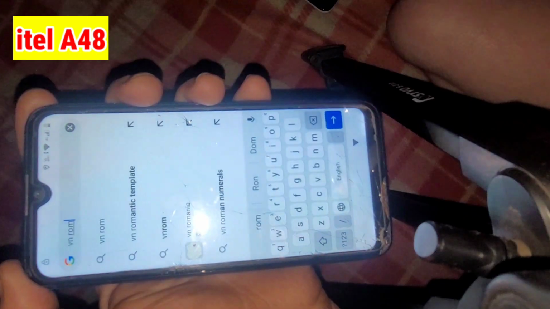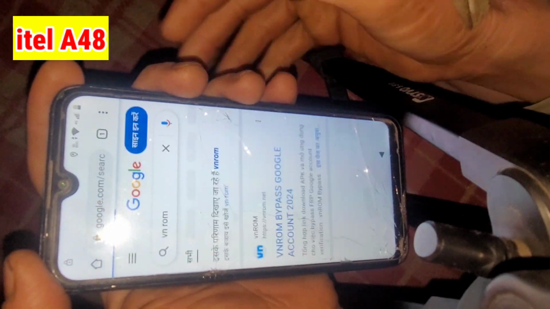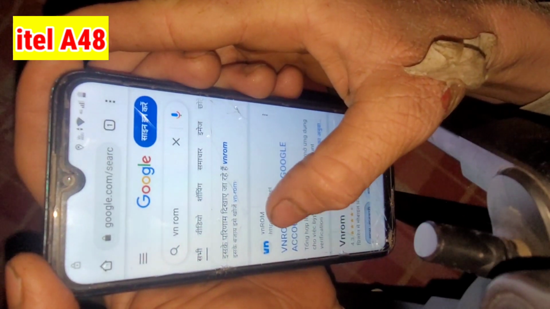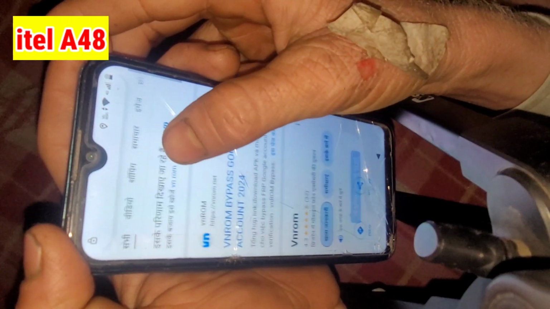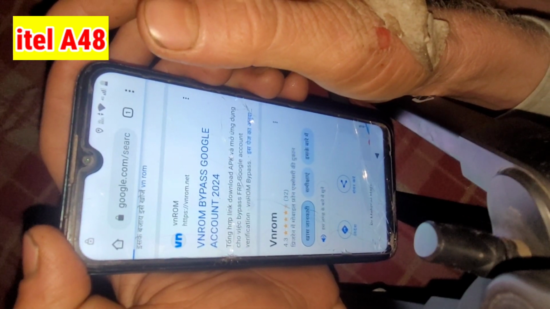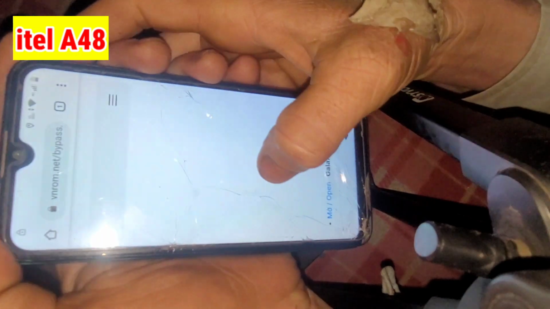Type VNROM and search. Click on the first link of the VNROM bypass. Okay, it is loading.